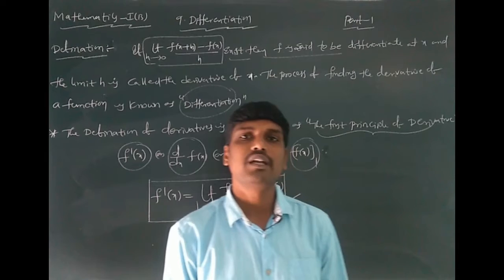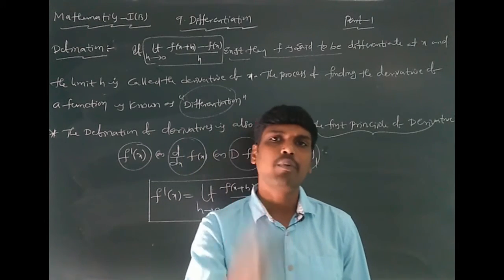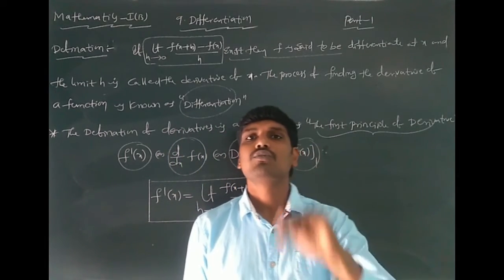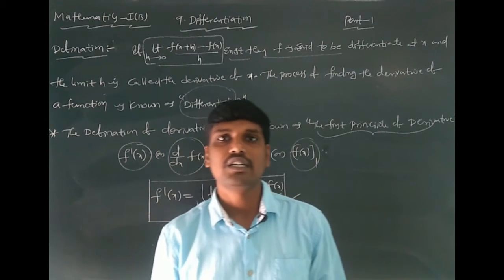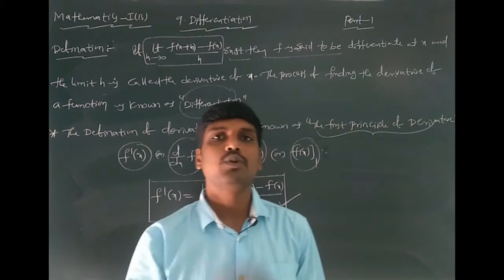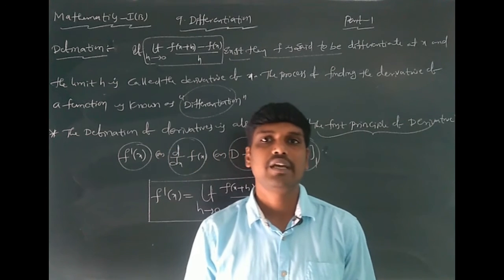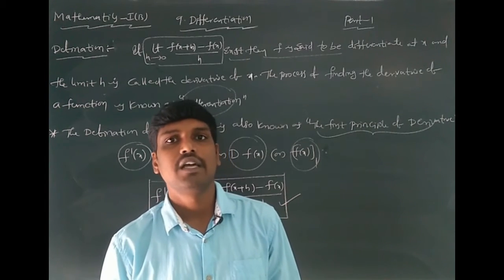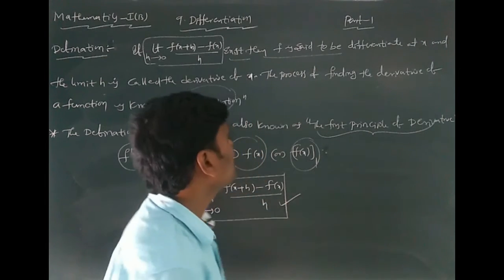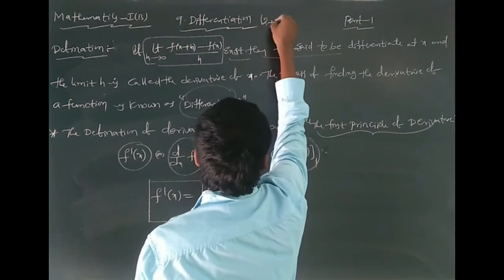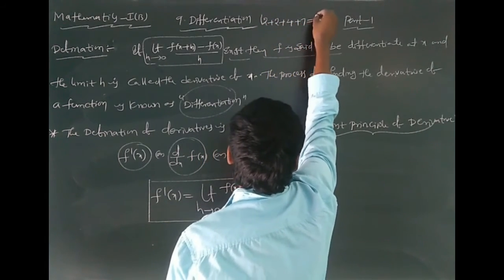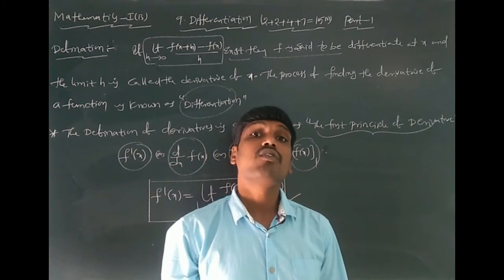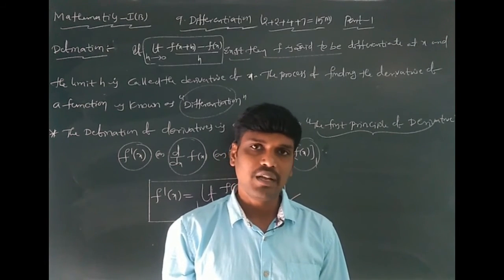This first principle of derivative is very important in the IP examination. Using it, you can find the derivative of any function. Problems using the first principle come for 4 marks in the IP examination. It is a very useful formula. In this chapter on derivatives, a total of 2 plus 4 plus 7, that is 15 marks, come in the IP examination.